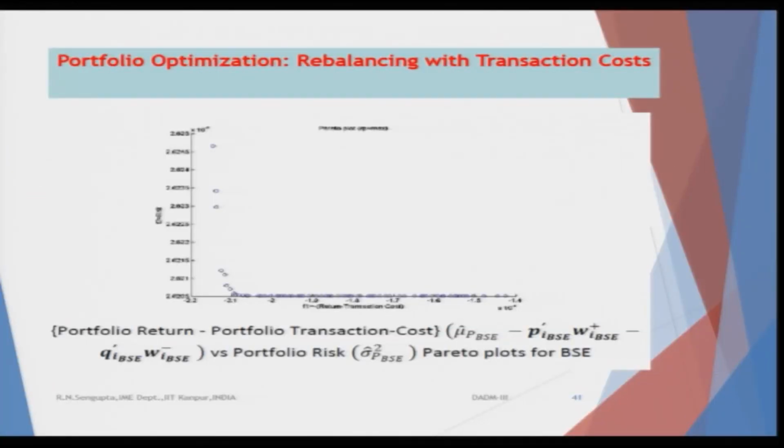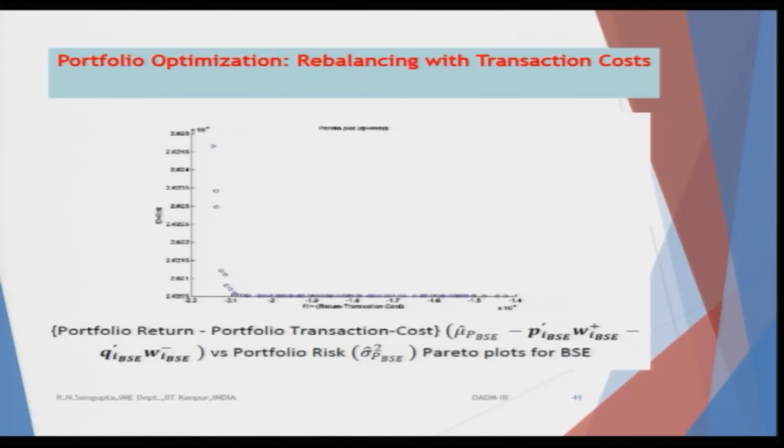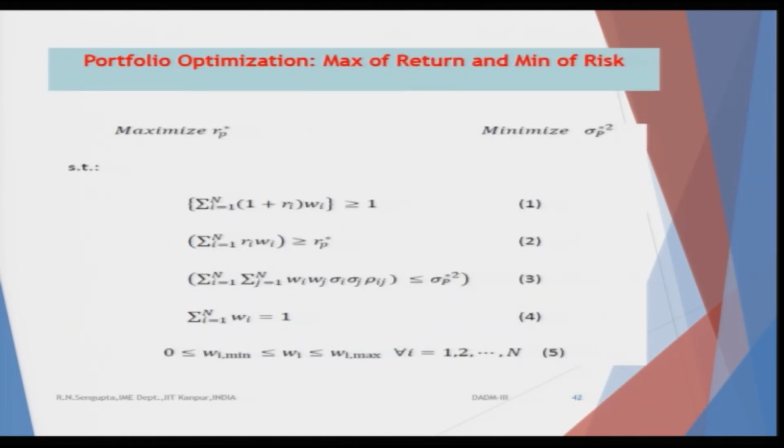If we consider the portfolio return corresponding to portfolio transaction cost, that means each transaction of buying and selling entails some cost, w plus and w minus. Even though both values are outflows from your pocket, I am denoting them as w plus and w minus with the suffix i corresponding to the ith stock. So, if I consider the transaction cost for the portfolio returns versus the portfolio risk, I would have a graph like this. The maximum values are towards the x axis, which is very difficult to differentiate here.